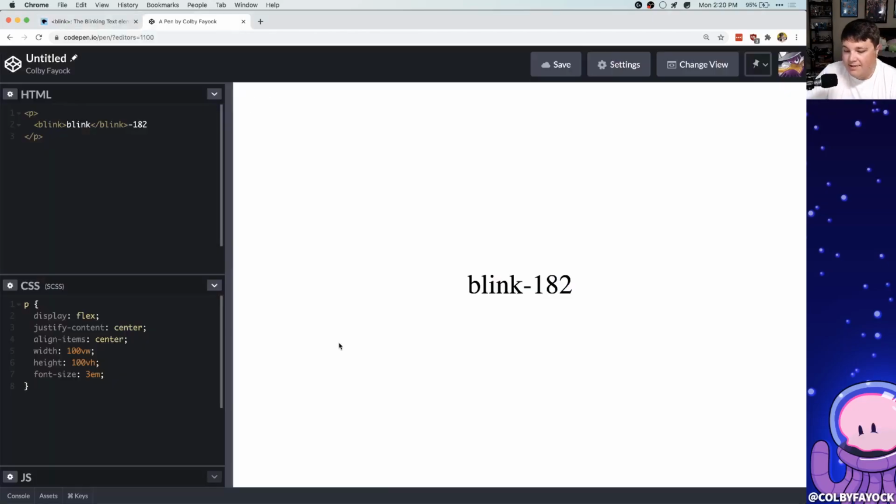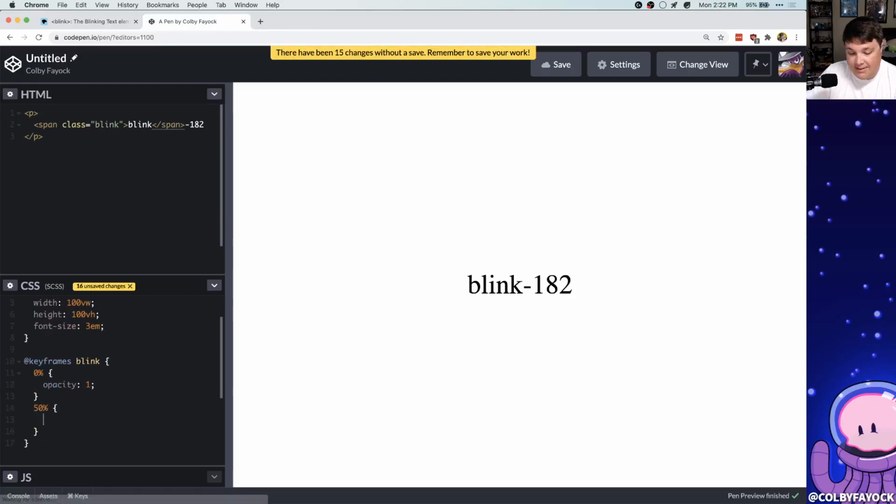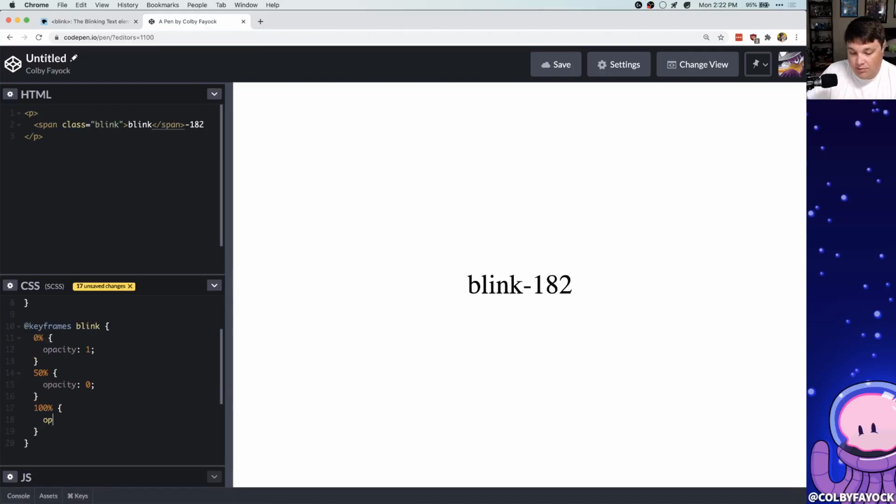So we're gonna start with a simple example where we have the word blink 182, but here we're wrapping it in the blink tag, and you can see that it's not working. So I'm gonna just change this to a span with the class of blink. Next, I'm gonna create some keyframes where I'm gonna actually create my animation, and I'm gonna call it blink. When something blinks, it just basically shows itself and then hides itself, shows itself and hides itself. So we can start at 0% with an opacity of 1. Then we can set 50% at opacity 0, and then we can go back to 100% where we set the